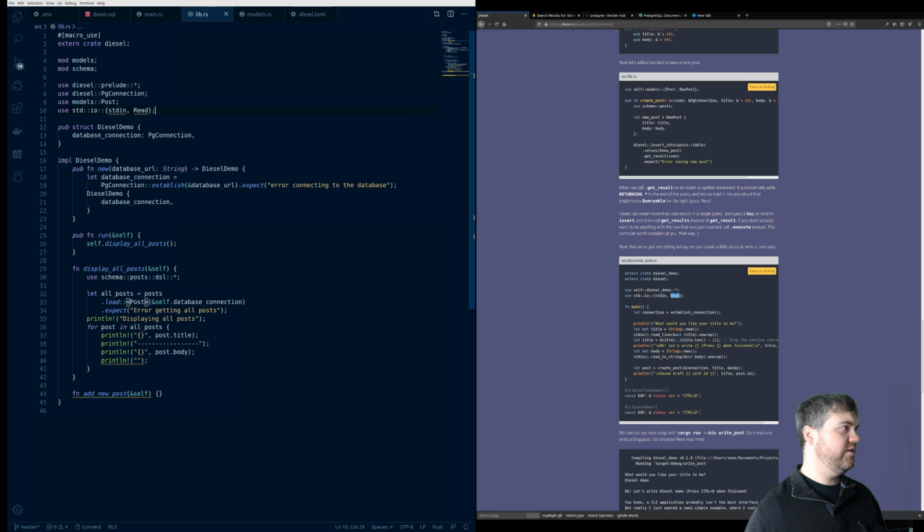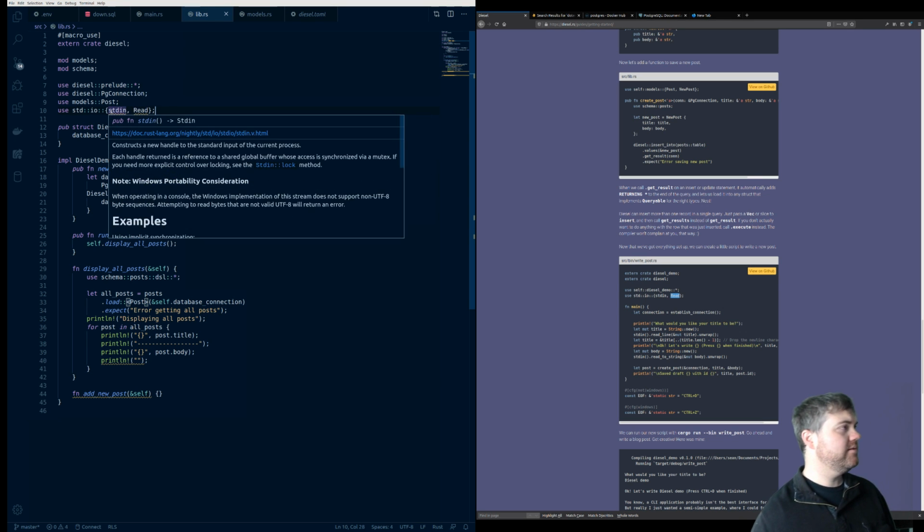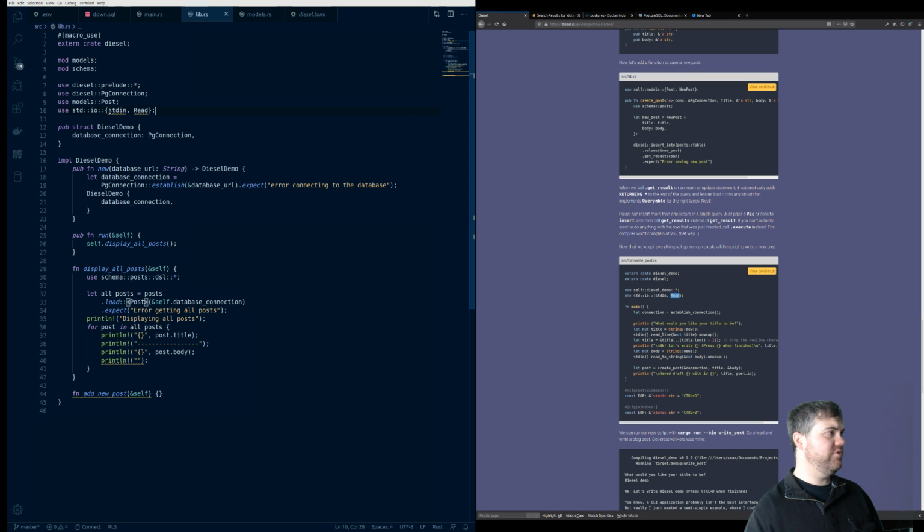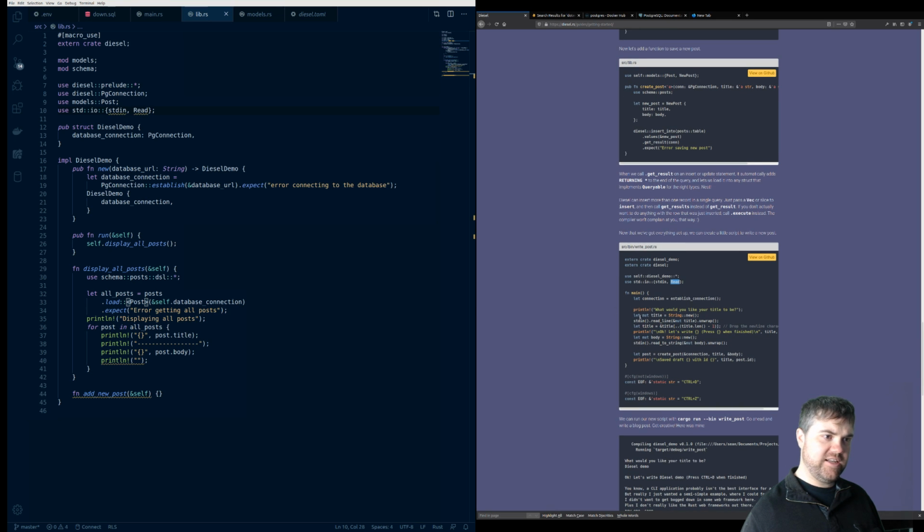Interesting. I don't know why it reversed it like that. I guess RLS really wants standard in first. I always figured it was by alphabet, but that's not true here. All right, so